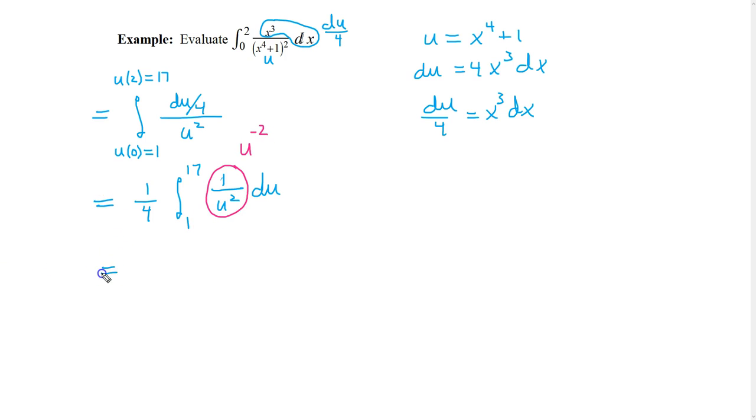And so now the antiderivative of u to the negative 2 is going to be negative u to the negative 1, right? See that we add 1 to this negative 2 right here, we add 1 and we get negative 1. And then we need to divide by negative 1, or just multiply by negative 1. So this is going to be